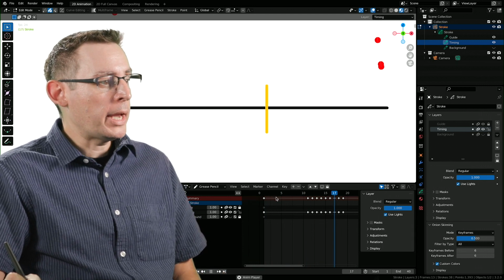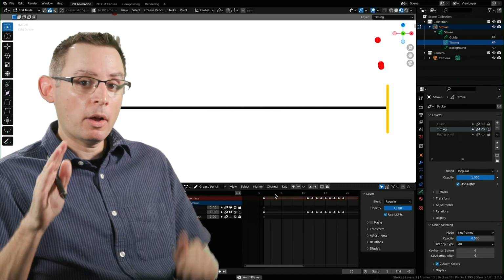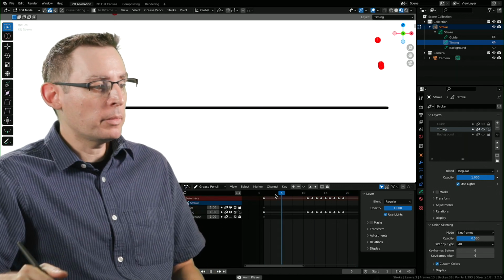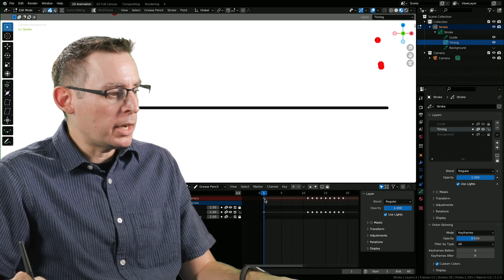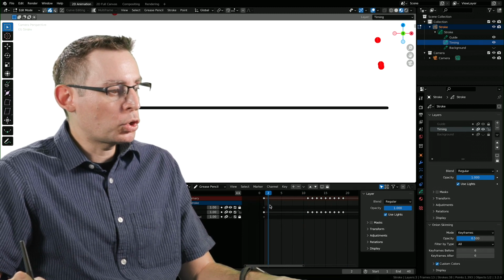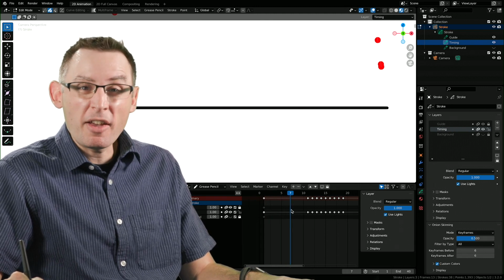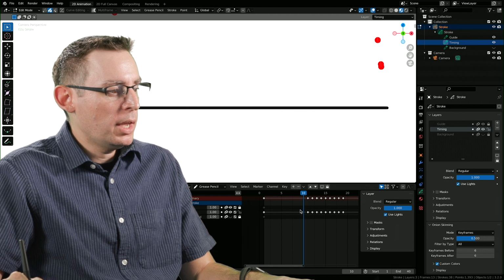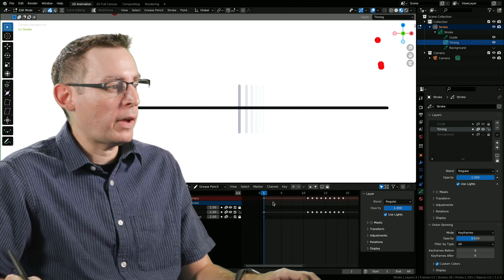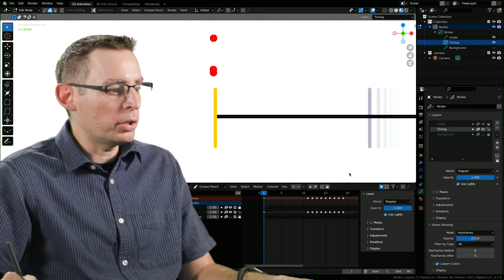Yeah, and I'm liking that. With the apex established, we can get a really good solid understanding of how it's going to slow and then come back down. We also get a really good understanding of how many frames it's going to take to go up, because we need to squash and stretch in here. So from like 1 to, I don't know, 7 or so, it's going to squash and stretch. And then we have a couple frames where it's going to move very fast. Let's kind of dial that in right now, so we have a really good, solid understanding of what this is going to look like.